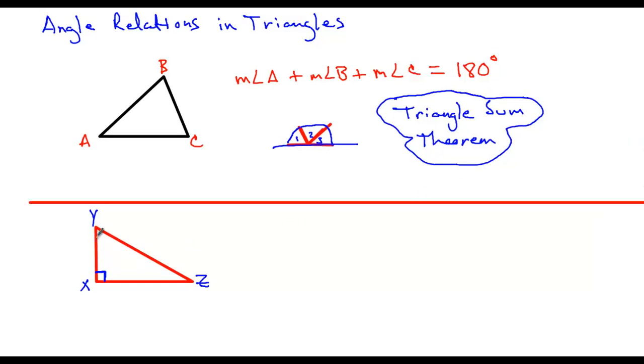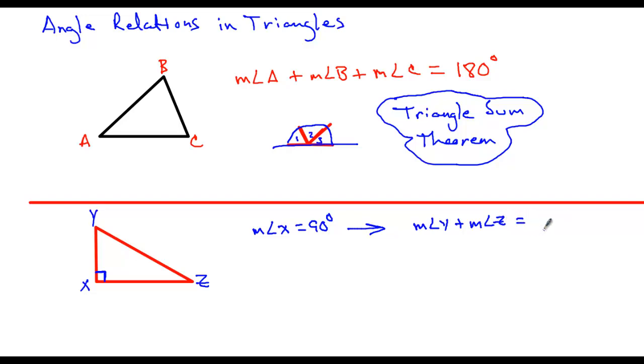Alright, so if I look at this triangle, what do all the angles add up to? 180 degrees, right? Well, I know this one already, angle X. I know that the measurement of angle X equals 90 degrees. So that would imply that the measure of angle Y plus the measure of angle Z would have to equal